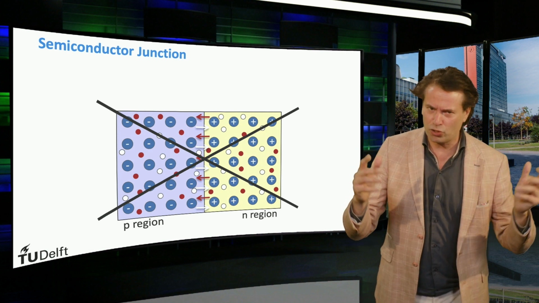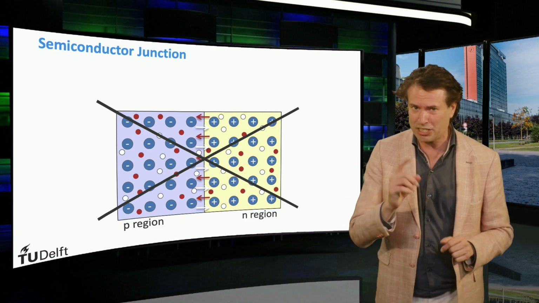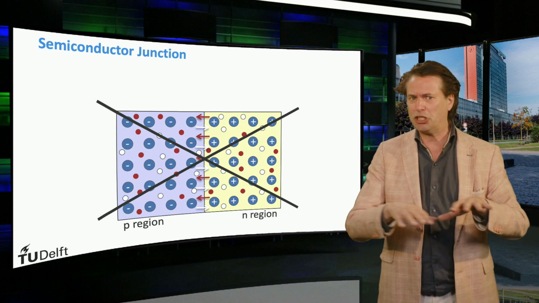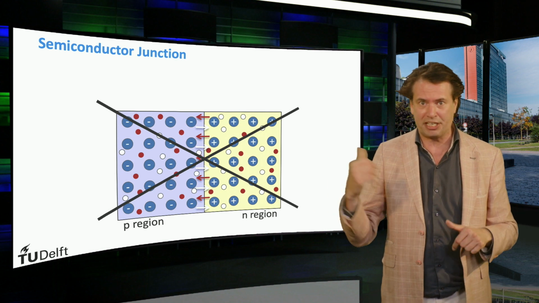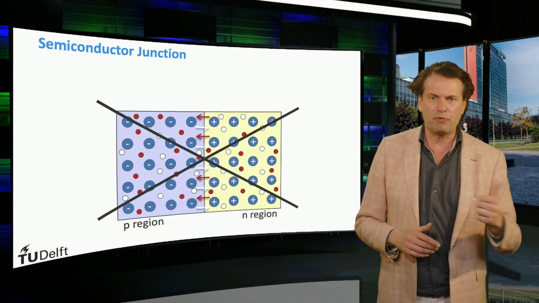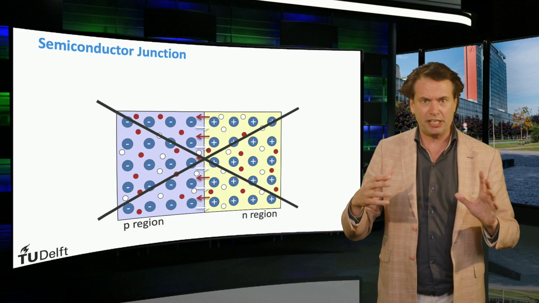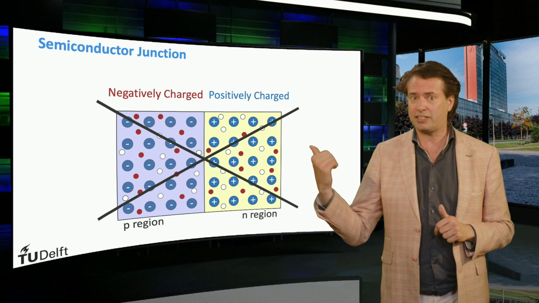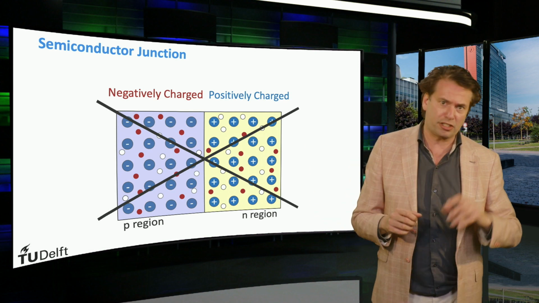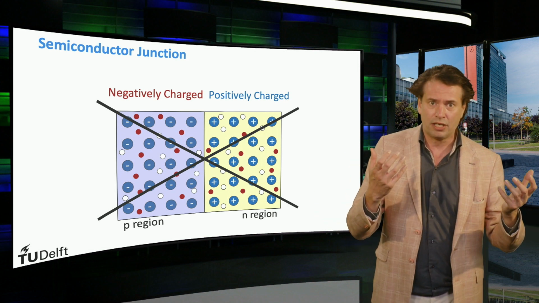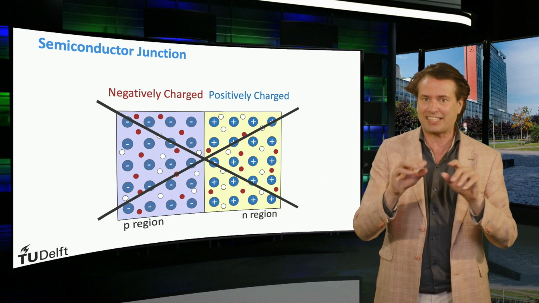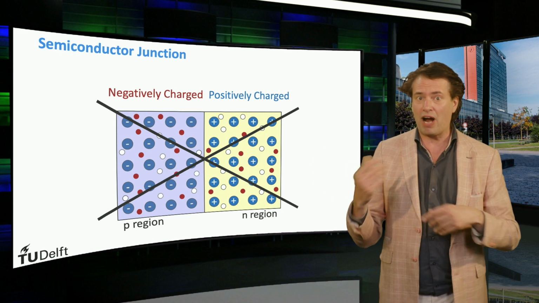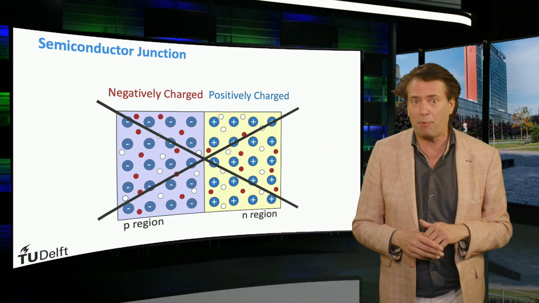Because we have not considered the second transport mechanism, which is based on the electric field drift. Let's consider the homogeneously distributed charge carriers as shown here. Are the P region and the N region neutrally charged? The answer is no. The P region is negatively charged. Although there are just as many holes as electrons, there are still many fixed negatively charged acceptor atoms in the background. The other way around, the N region is heavily positively charged.